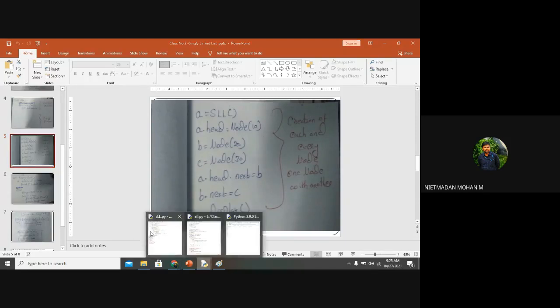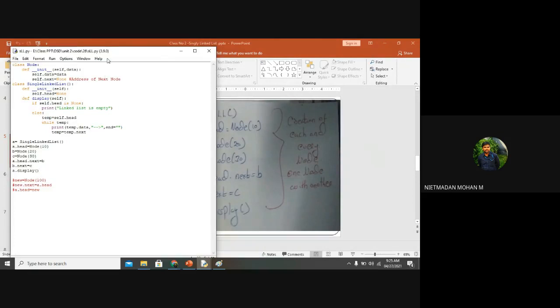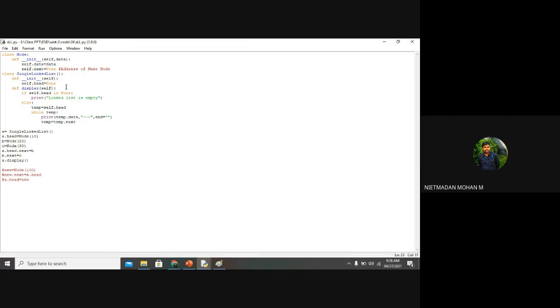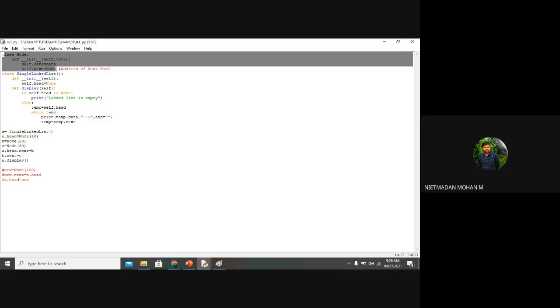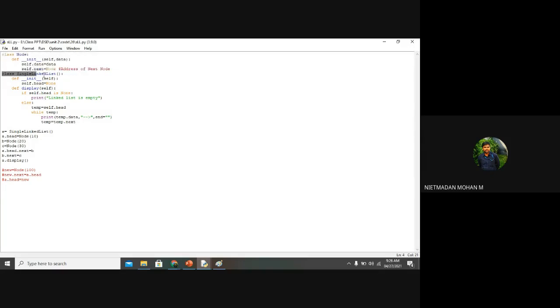Now I will show you the same code that I have written, as displayed here. Here I am creating a class called node, and a class called singly linked list. Here I am assigning the first data and the address of the next node.